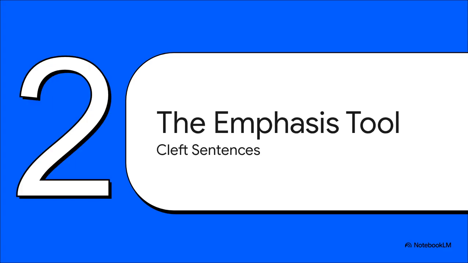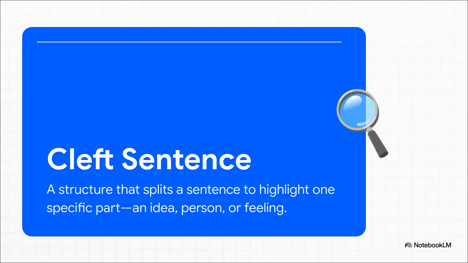So, what's the secret weapon here? Well, it's a grammar structure called a cleft sentence, and trust me, it's the key to unlocking some seriously powerful emphasis in your speaking. The word cleft actually just means split or divided, and that's all these sentences do. We basically take a normal sentence, we split it in two, and we do that to shine a big old spotlight on the single most important piece of information. It's a fantastic way to take control of what your listener focuses on.